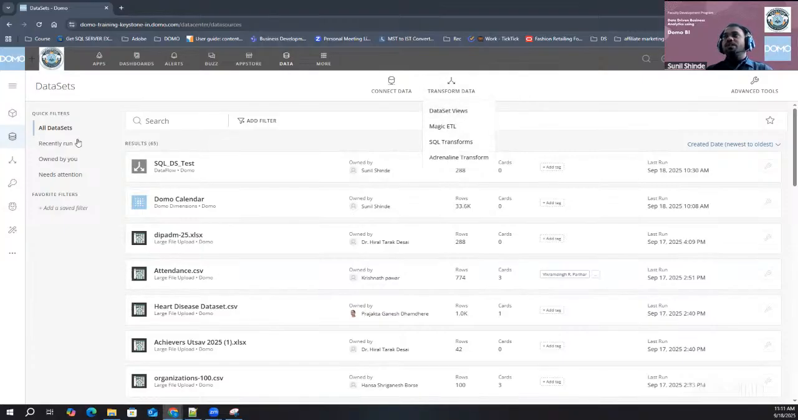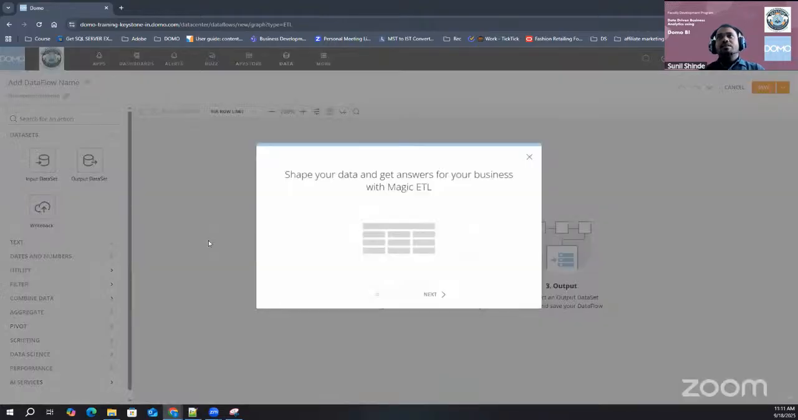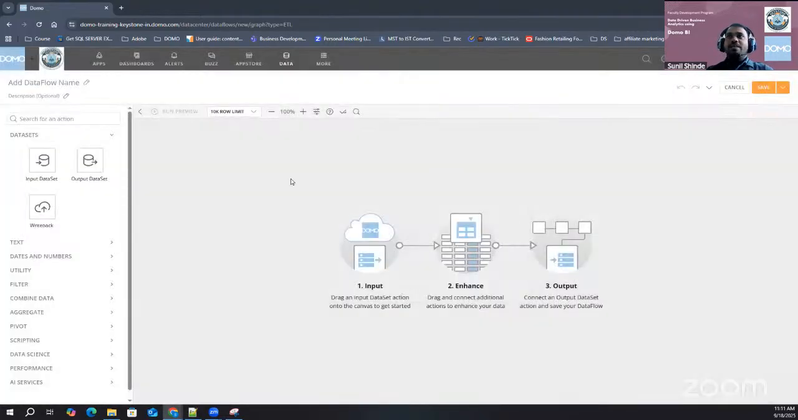So if you can see my screen, we are in the dataset. Now we are clicking on transform data, and going to the magic ETL. This is the magic ETL canvas where you will drag and drop the tiles into the canvas and just connect the tiles together. Like here you can see on the screen, the first will be the input dataset action into the canvas. Second, you will add other tiles to do the transformation, and third will be the output dataset action to save your